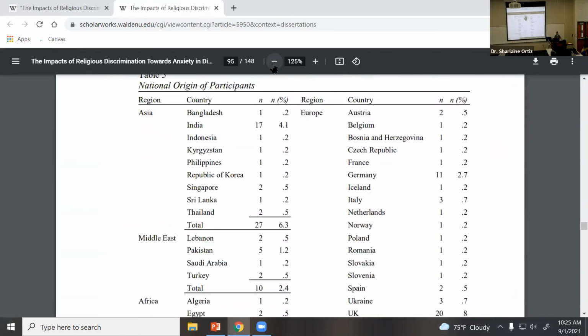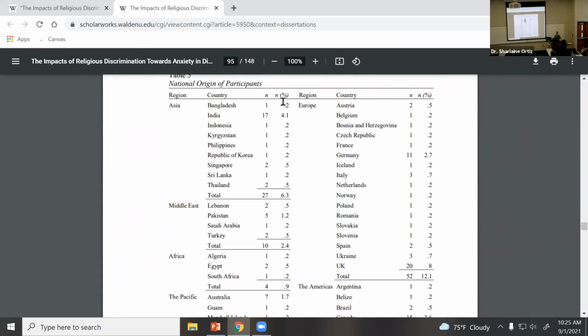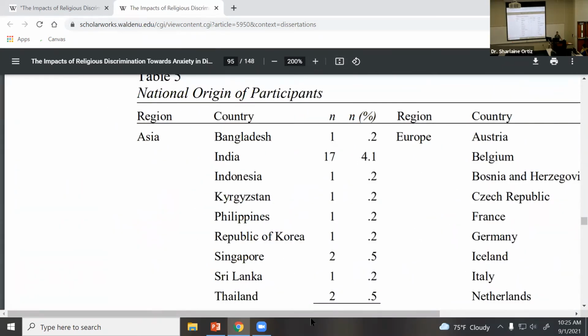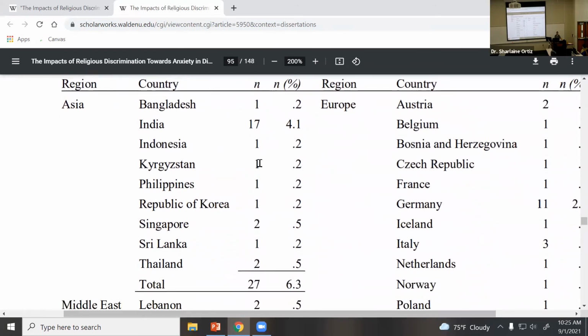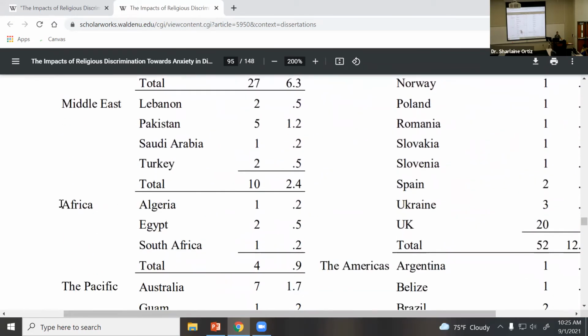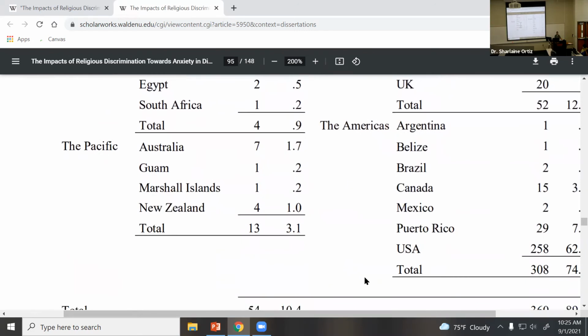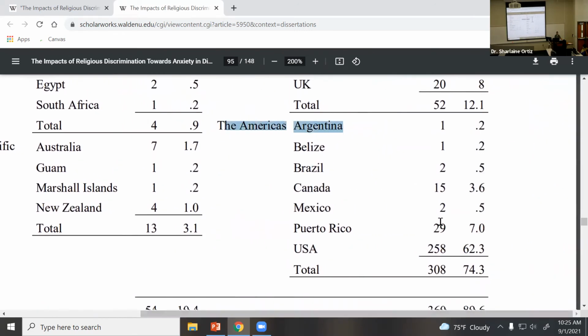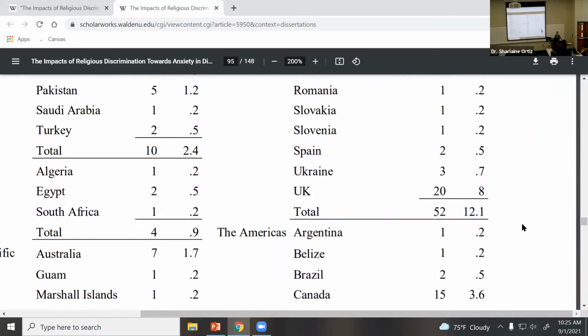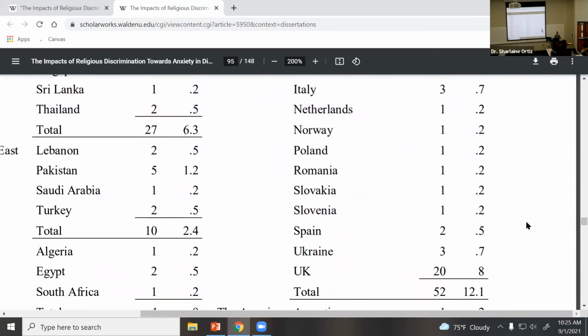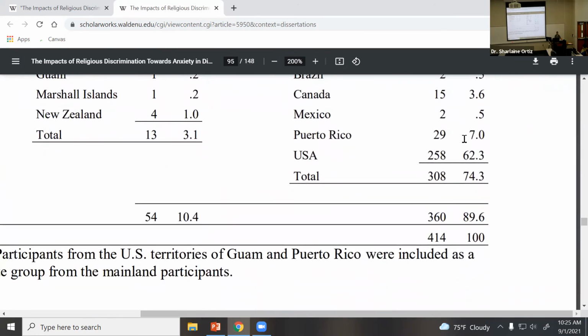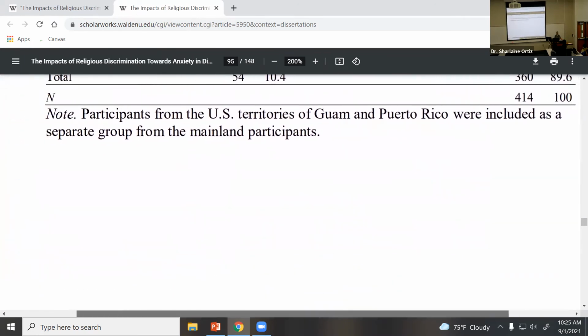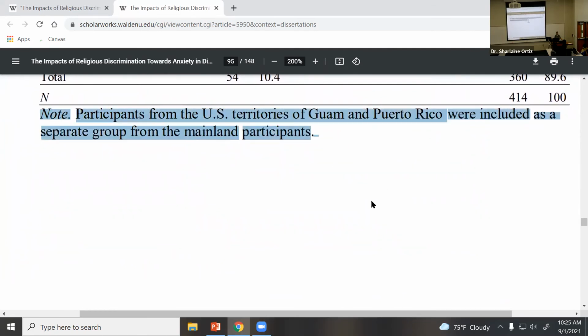And these were the countries that were represented in my study. How many people came from each place, each country? So notice I did manage to do pretty good, zoom in a little bit. Right, so from the region of Asia, Middle East, Africa, Pacific, the Americas. So notice that I'm not telling you anything specific about this population. And if I had any caveats about that information.